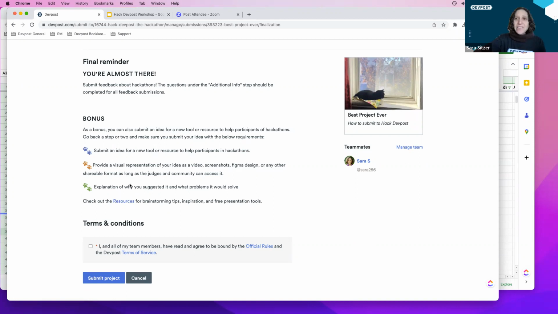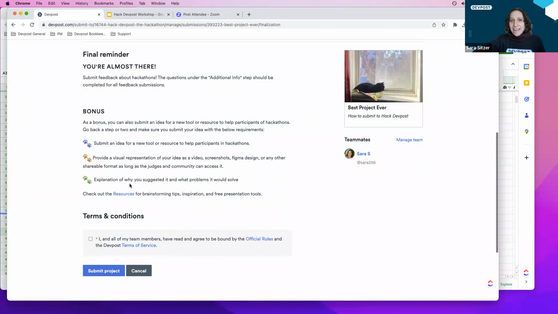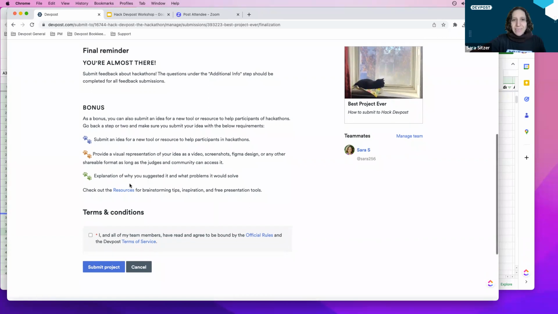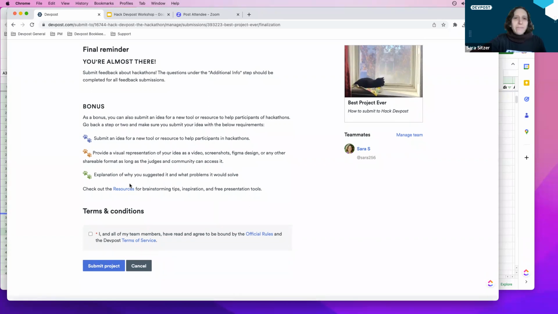Don't be afraid to give constructive criticism. The whole point of this hackathon is to look for ways that Devpost can improve, and we want all of your feedback. And also, of course, remember that the hackathon is only for individual submitters, no teams. So that's good for you. You get all the prize money if you win.